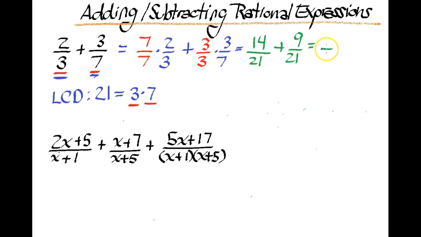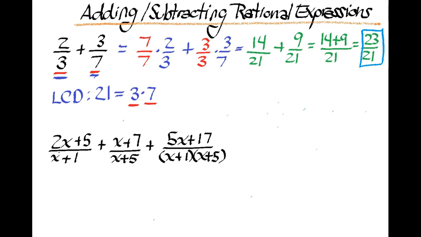Once we get a common denominator, we can write our fraction as one fraction. We have 14 plus 9. And we know that 14 plus 9 is 23 over 21. And our last step is to check our final answer to make sure we can't reduce it. Okay, 23 over 21 does not reduce, so we're good. So we're going to apply all those steps to our second